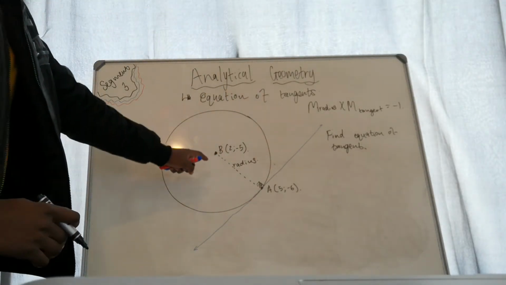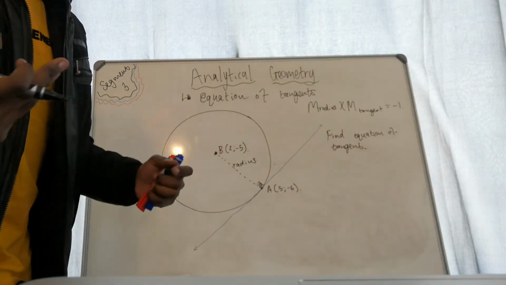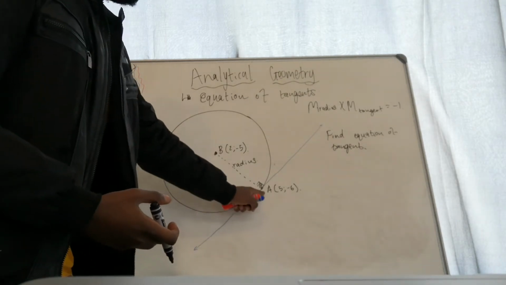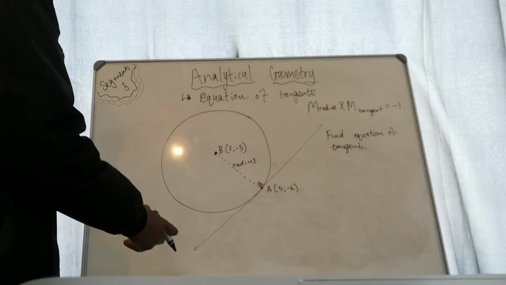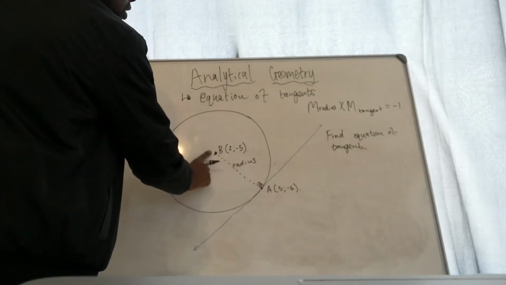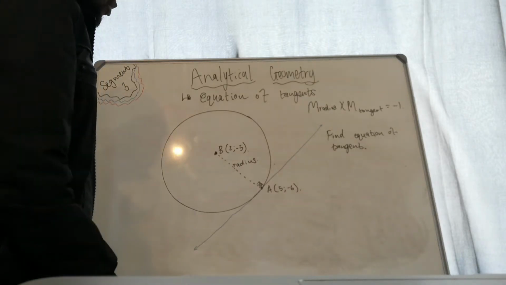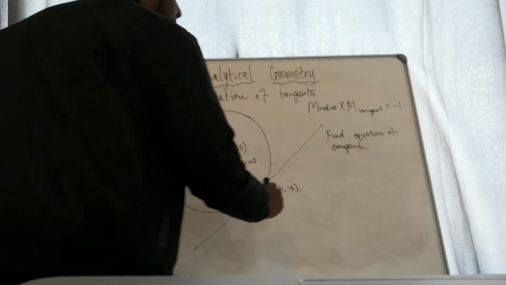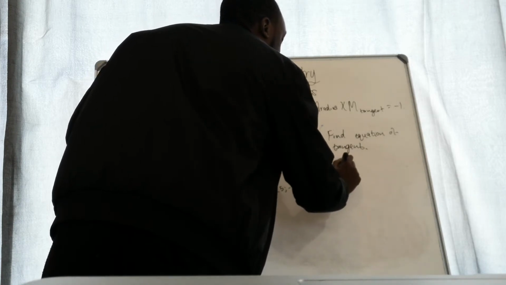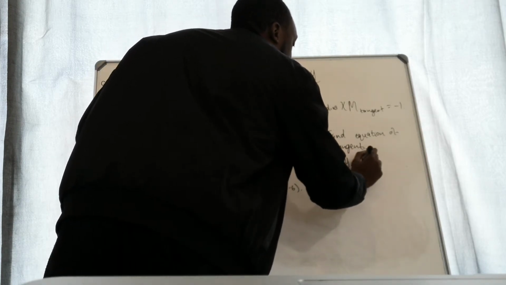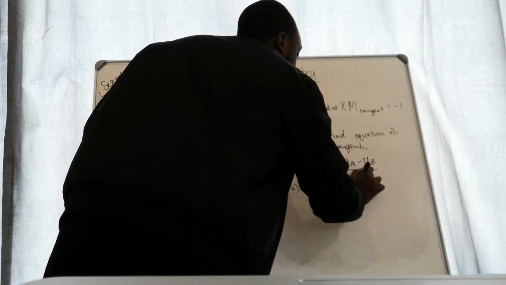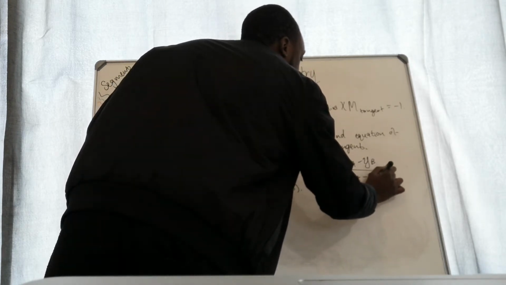Any point from the center to the circumference is a radius, right? The line from a point on the circumference to the center is a radius. And so if I know that's a radius, then I could just calculate the gradient of A and B. So I'm going to calculate the gradient of A and B, and that's going to be y of A minus y of B over x of A minus x of B,